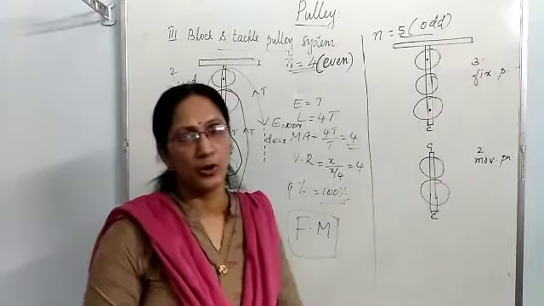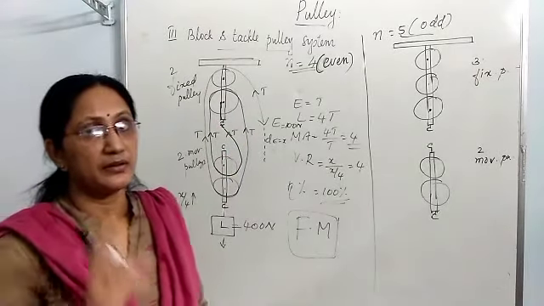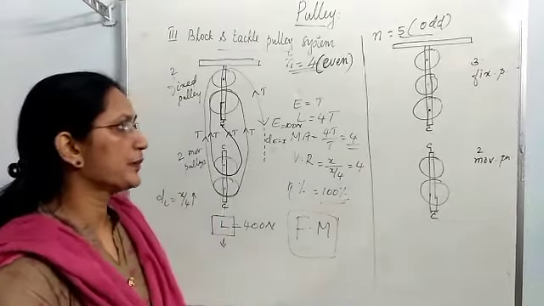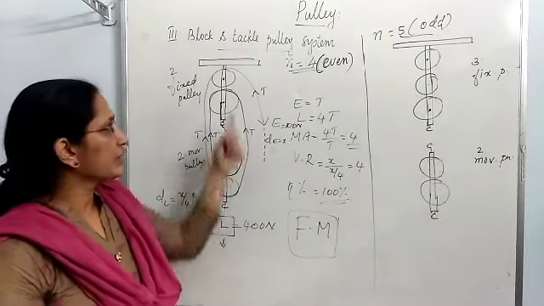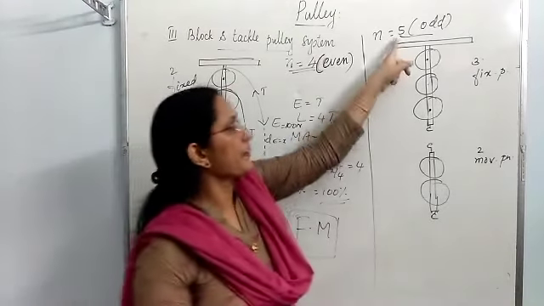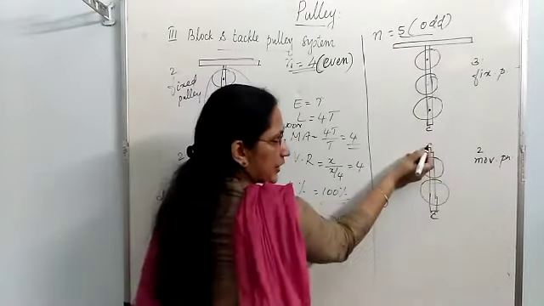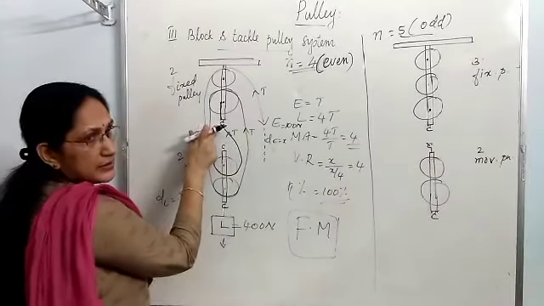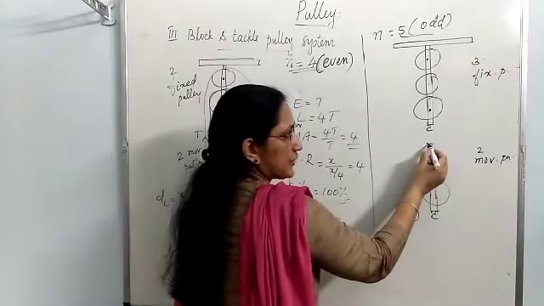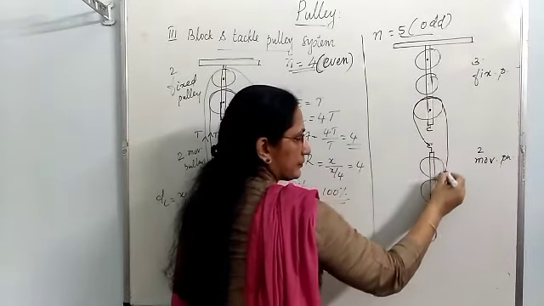Now you have to pass the rope, a long rope segment. As you did here, you have to wind over, and remember the rope must pass over every pulley only once. So how to pass the rope? Look at this diagram. In even number of pulleys, you started the rope from this upper hook, but in odd number you have to start from the lower hook. One end of the rope you have to tie here. See the difference? In even number you are starting the rope from here. In odd number you have to start from here. If you are starting from this lower block, first you must go to the upper block, then alternatively.